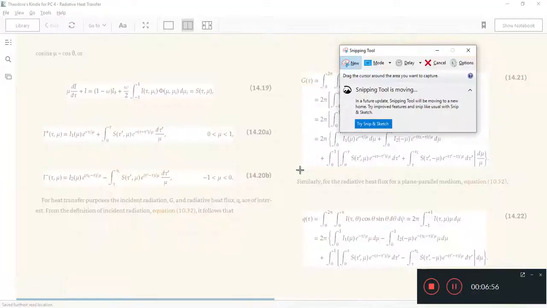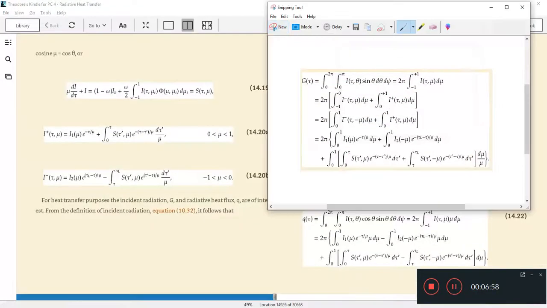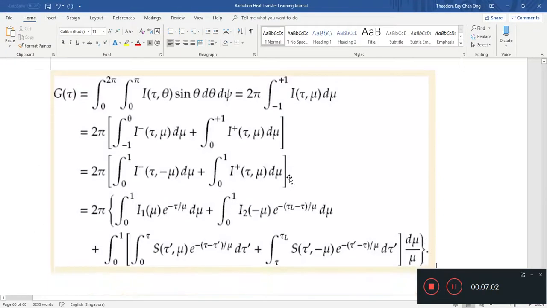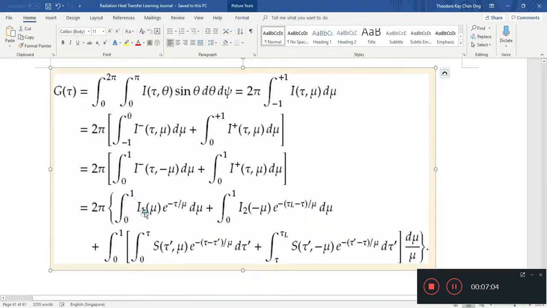To me, that's not so important as the physical meaning, because that's what you really need to understand the equations anyway. So this is from the bottom plate, where you have exponential minus tau over mu, and this is from the top plate, where you have tau L in the picture. So exponential minus tau L over mu,